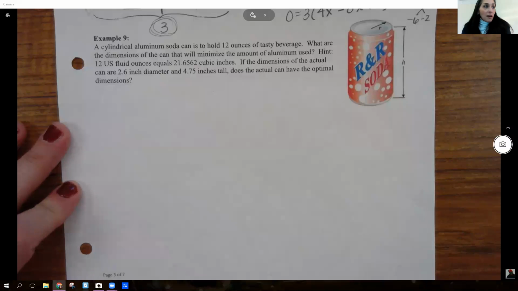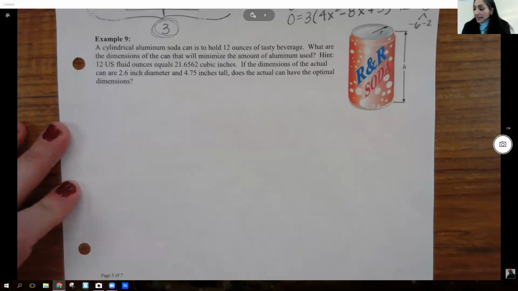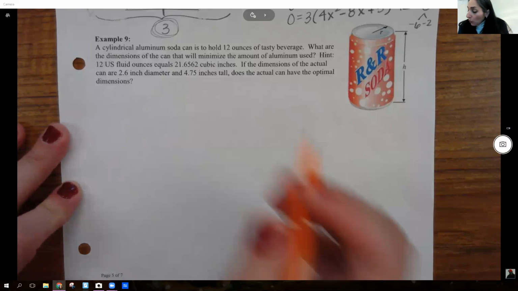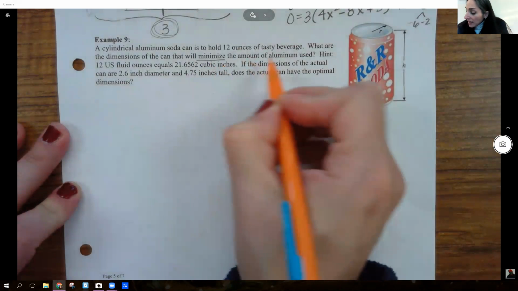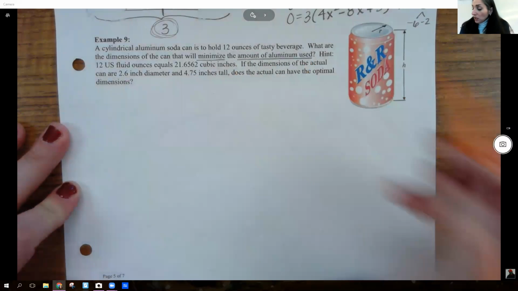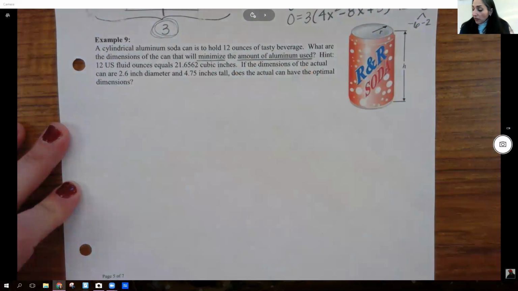Okay, we're gonna pick up with example number 9. This is in our optimization section. It says a cylindrical aluminum soda can is to hold 12 ounces of tasty beverage. What are the dimensions of the can that will minimize the amount of aluminum used? Hint, 12 US fluid ounces equals